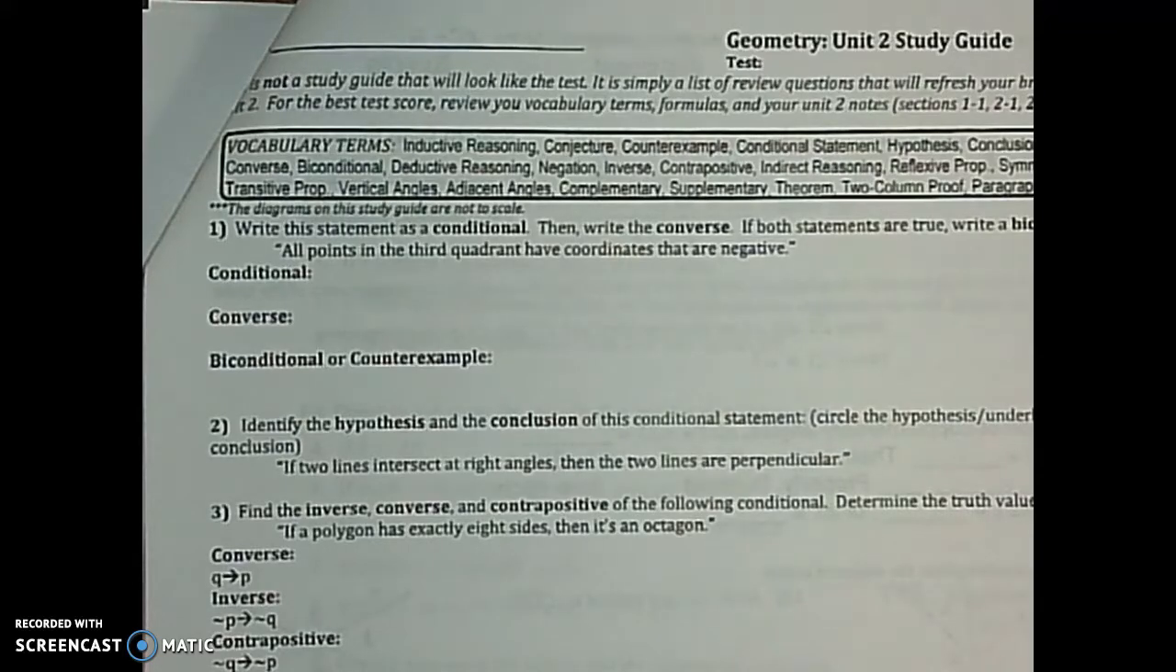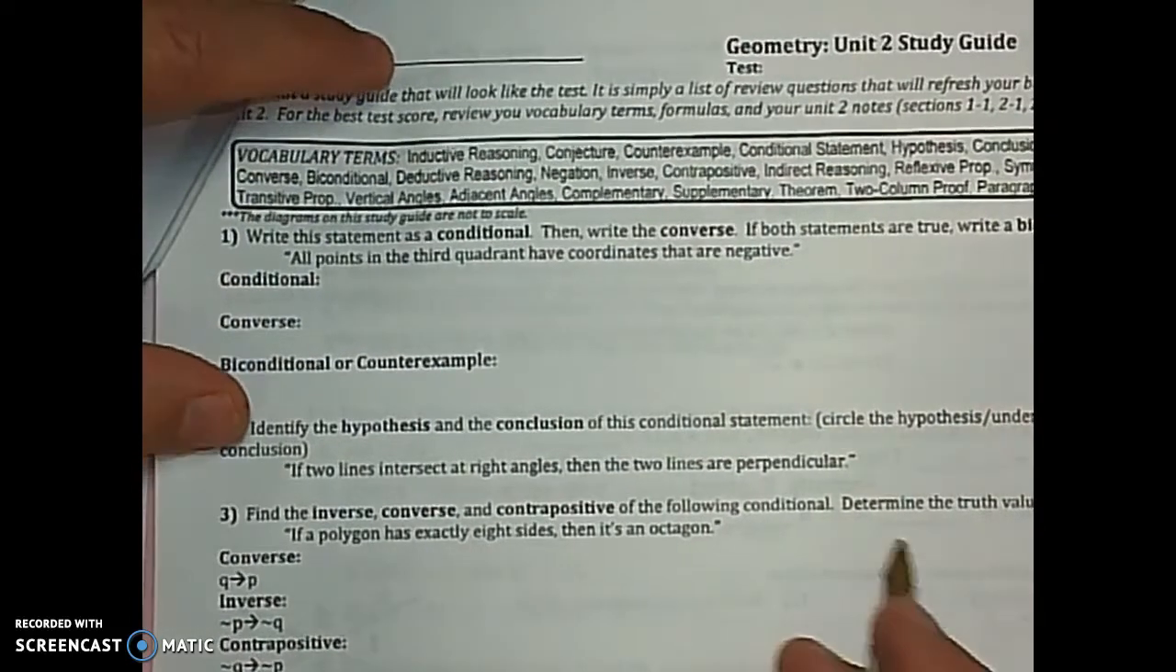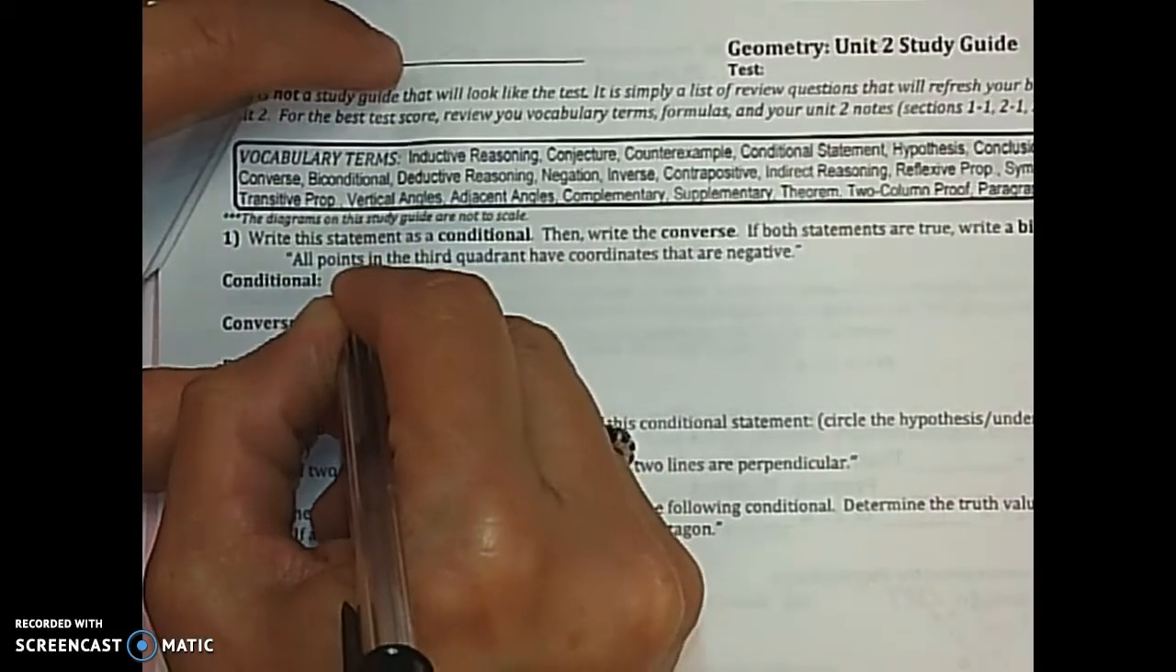Today we're working on the Unit 2 study guide to get you ready for your test on Wednesday. So the first one, we've been given a conditional. It says write this statement as a conditional, then write the converse. So we're going to start by writing a conditional, which means it needs to be written in if-then form. So that would be